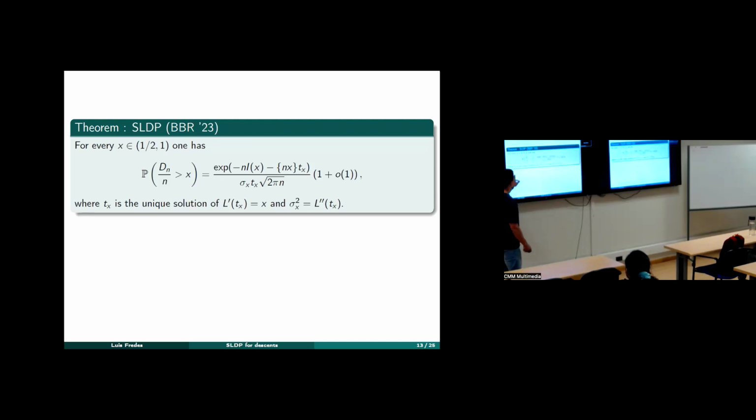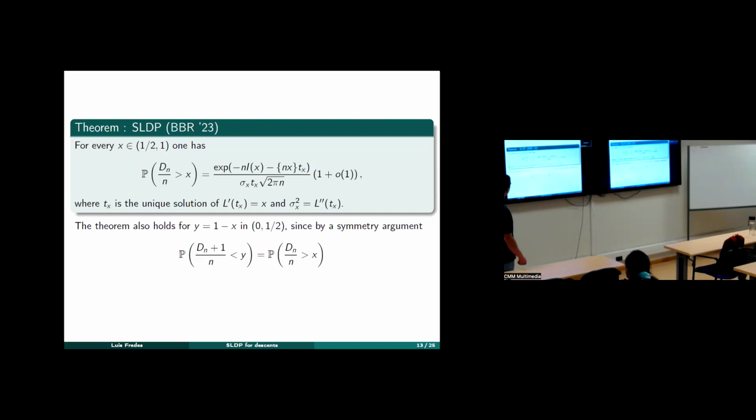And here is a description with Tx, which is a fixed point where the derivative of the log Laplace transform takes value x, and that defines sigma x, which is the second derivative evaluated at tx. So of course, I just stated these two theorems about large deviations above the mean,